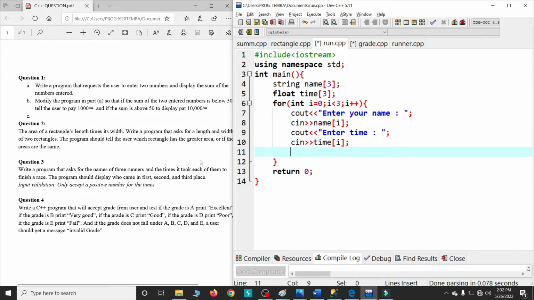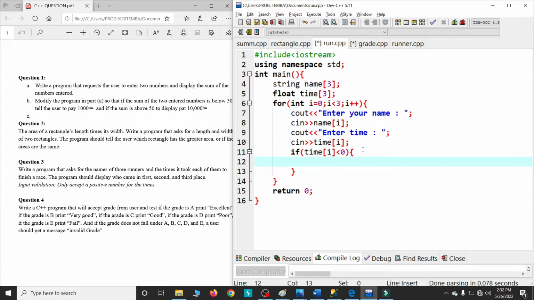Next, we need to validate the time and ensure that it is a positive value. So after entering the time, we must check if it is positive, and if it is not positive, we give the user an error message. So just write if time of I is less than 0, it means that the time is a negative value, so it gives the error message,